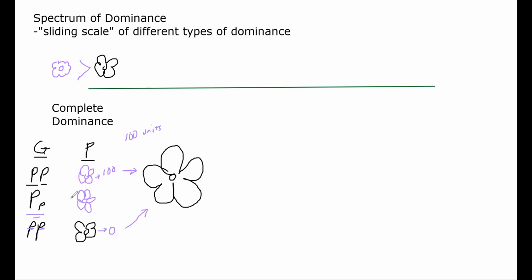Well, as it turns out, in the heterozygotes, having one copy of the dominant allele is enough to trigger that flower to produce the same amount of pigment as an individual that is homozygous dominant. In other words, the production of the purple pigment here is disproportional to the genetic information, right? If you think about this in terms of votes,